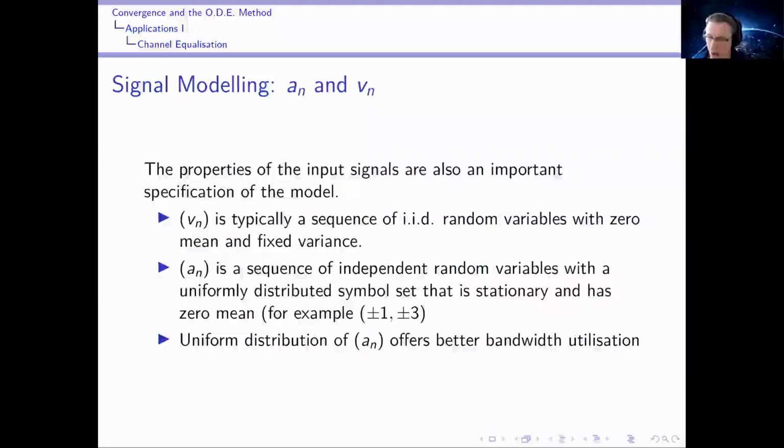We should also talk about the properties of the input signals. So if you remember back to the diagram, we have a signal V, which is the source of stochasticity in the model. It's assumed to be IID, and then there's the symbol set, and the symbol set is designed to have a uniform distribution. Primarily, we want the signal model to be asymptotic in distribution. This is not only a requirement of the theory, but there's actually also a practical advantage, and that is the uniform zero mean nature of the symbol set also improves bandwidth utilization.